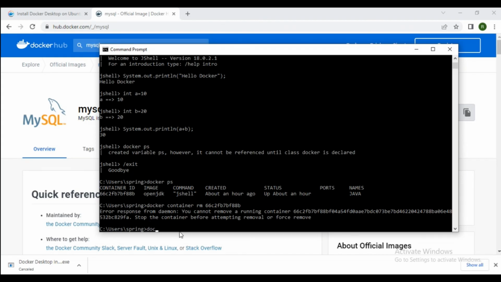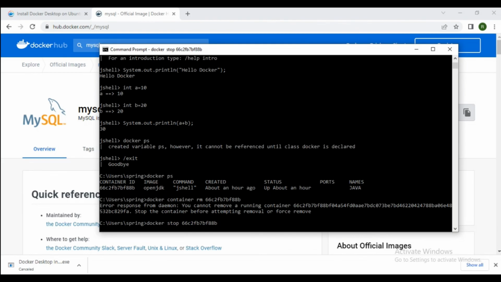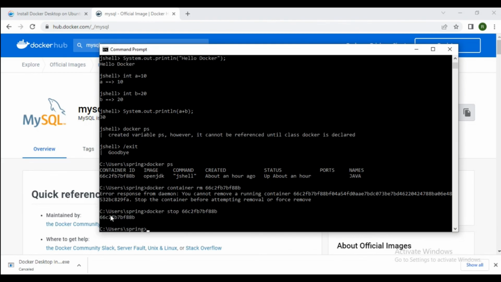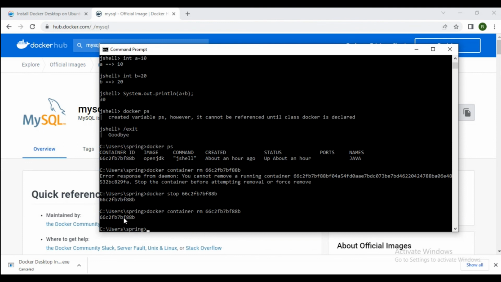For that we require the command docker stop and the container ID is this. Copy, paste, enter. So it will stop this running container. Now remove the container: docker container rm and again give the container ID. Hit enter. So this container is removed.